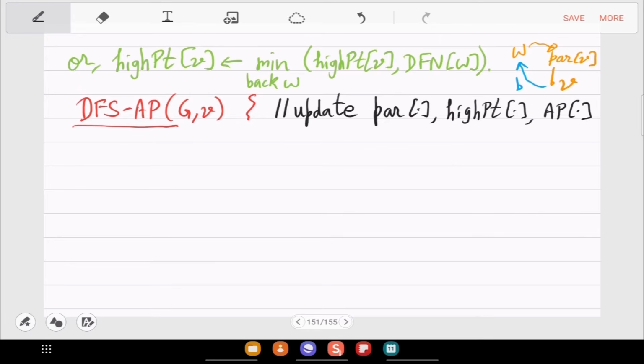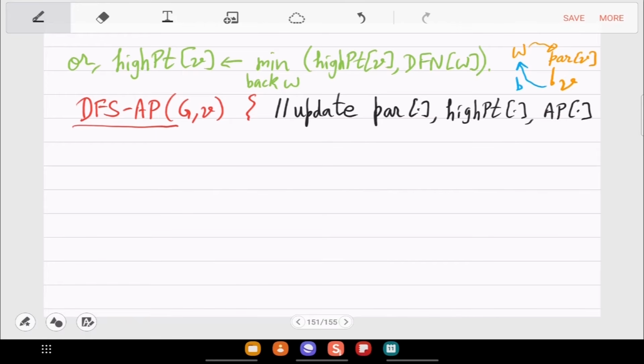Parent is basically to remember the DFS tree explicitly. So for a vertex V, parent of V will be the parent in the DFS tree. That was not there in the first pseudocode, so we will introduce that here. High point is what we defined, and AP of V will be true if and only if V is an articulation point.